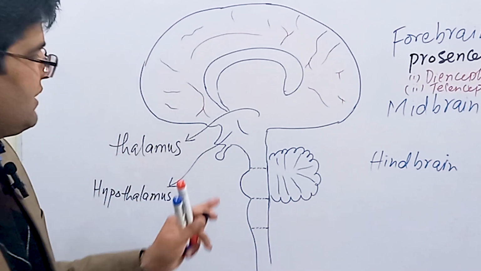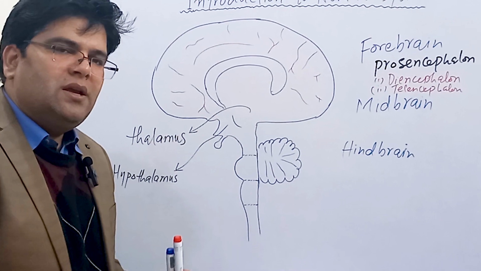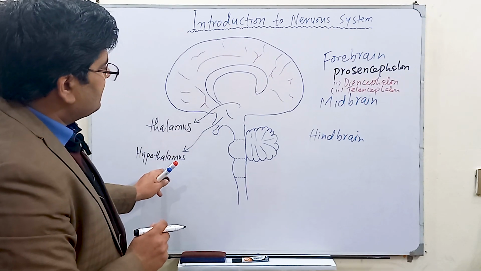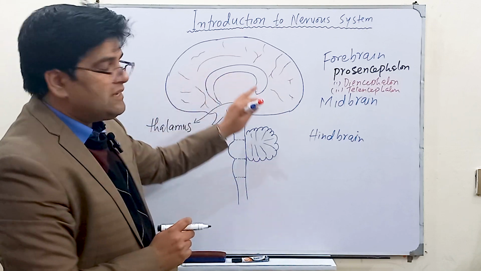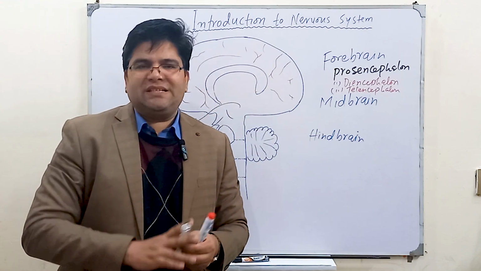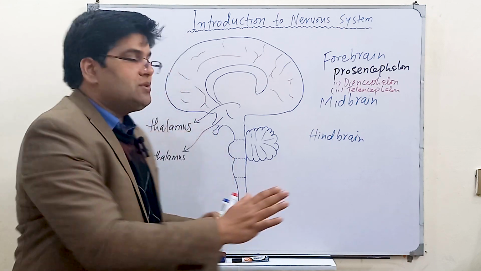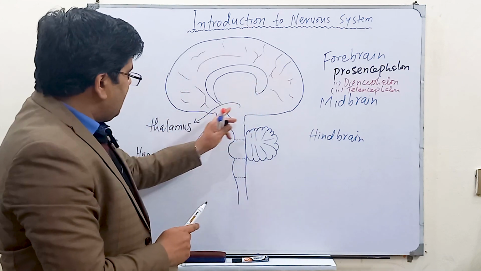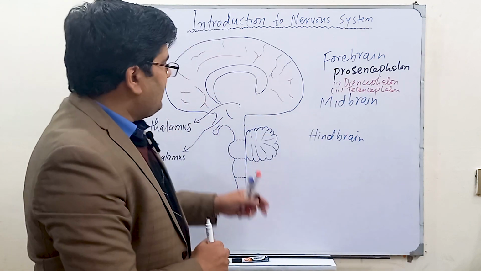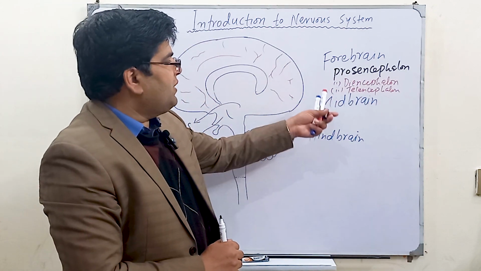Thalamus and hypothalamus, they are separated by a sulcus which is called as hypothalamic sulcus. So these two parts, which you are able to see on the medial surface of the brain. You see here, this is the mid sagittal section of the brain, and you are able to see the medial surface of the brain. Thalamus and hypothalamus, they are called as diencephalon, and everything else in our forebrain is called